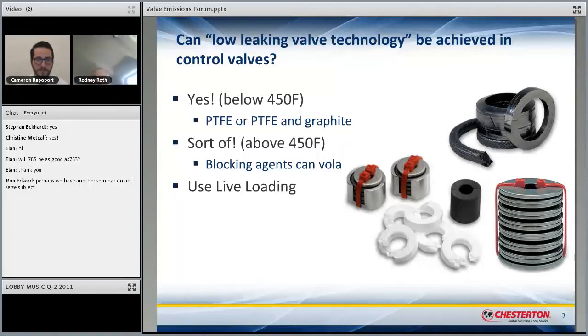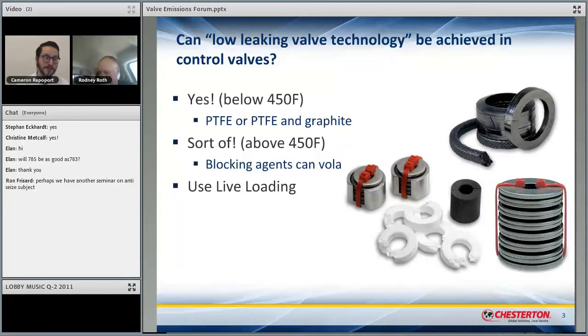So that's something that has to be thought about and has to be considered when you're doing this. We're talking about that a lot now, and we're actually doing more and more testing to prove that we might be able to take some of our products that may have been rated to 450 and put them in valves that are actually operating in process at much higher than that.